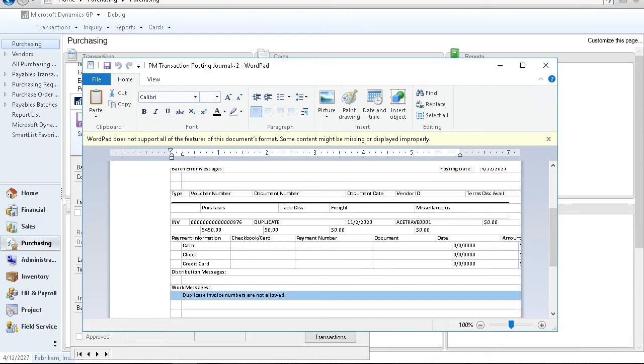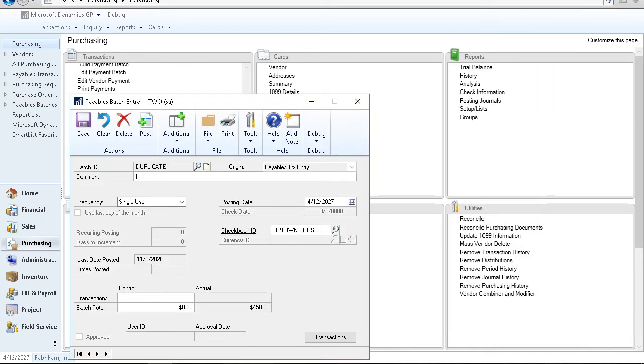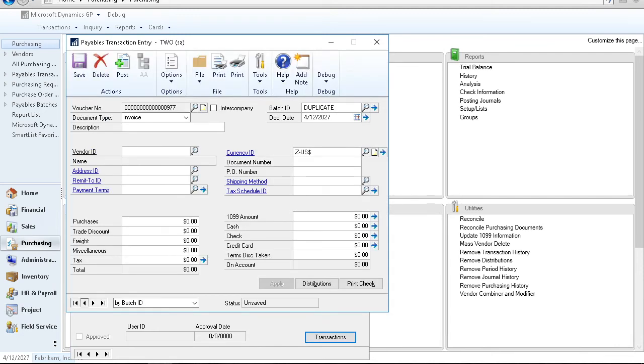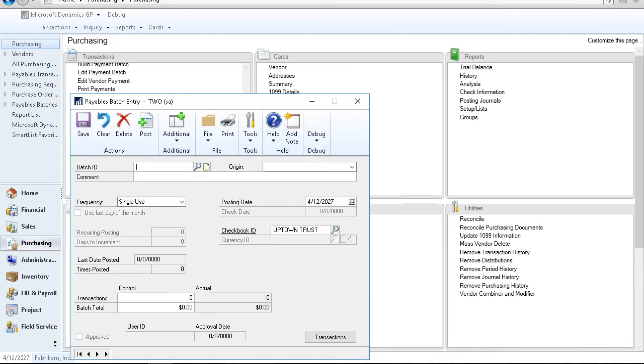The error message here is "duplicate invoice numbers are not allowed," which means in this batch, this invoice here is actually a duplicate. If it's a true duplicate, you can just delete it out. Obviously, you don't need to enter a true duplicate. But if there's an error or this is not actually a true duplicate, you can just go into the transactions menu on the batch and modify that document or invoice number so it is no longer recognized as a duplicate. Once you've done that, you can simply post this invoice batch as you would normally, and you should no longer